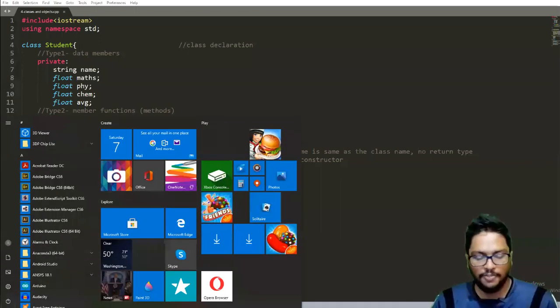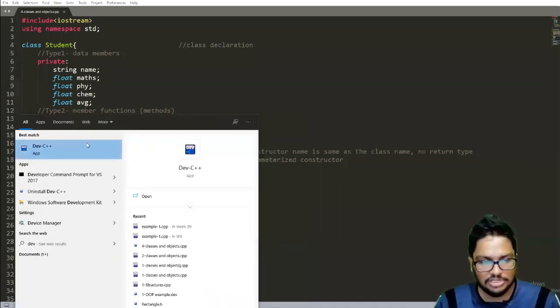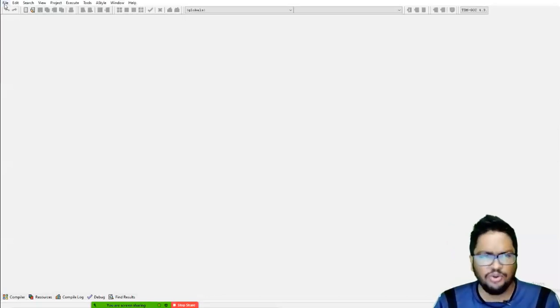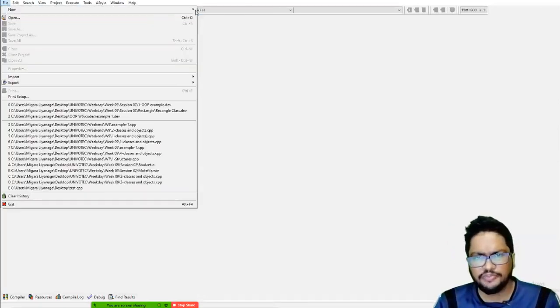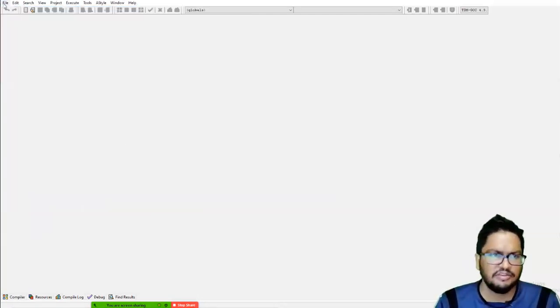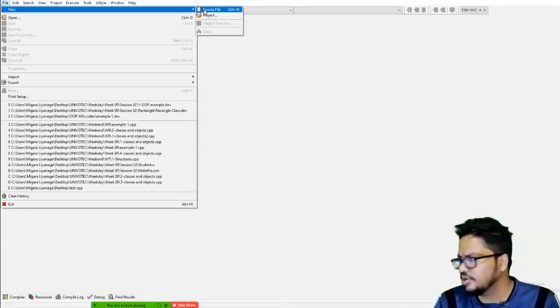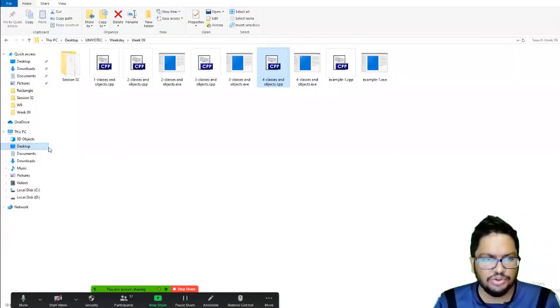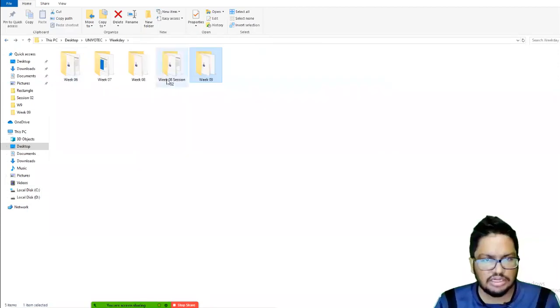First open, you have to first open the Dev C++, the development environment you are using, right? Now up to now what we did was we got a source file, right? We got individual source files and included our codes. But hereafter we are not going to do that. Let me show you how this is done.